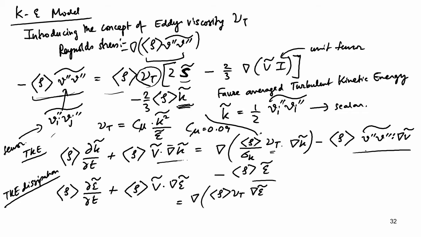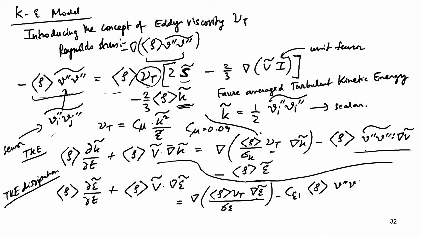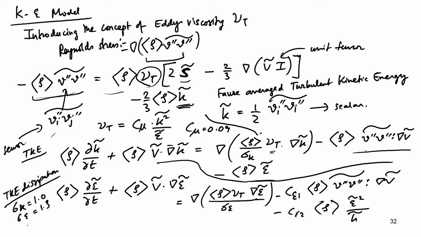Once again this is an ad hoc equation which is required for closure, but it works well in certain flows like turbulent shear flows, even with density varying to some extent. Of course, because of the modeling, it has a lot of ad hoc constants. And here you have sigma k